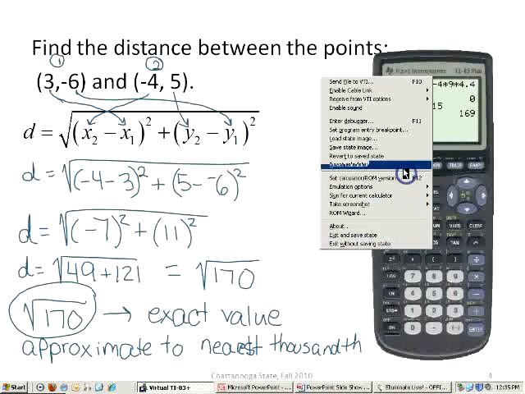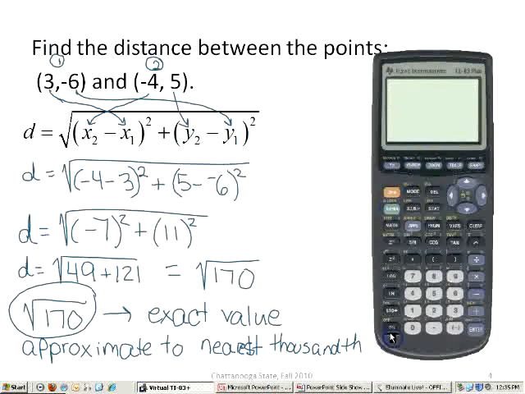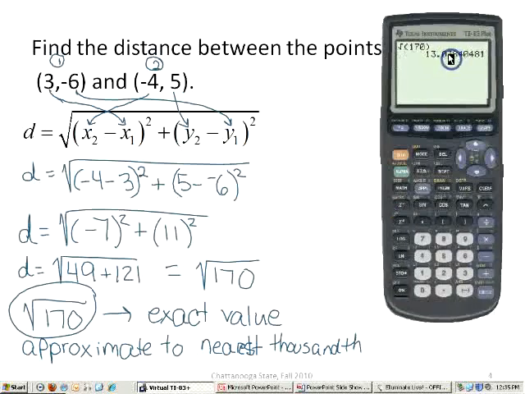Okay, let me do it now. Second square root of 170, close the parentheses after the 170, is 13.0384. Now if I want to go to the nearest thousandth, if I look right here, this is the tenths,